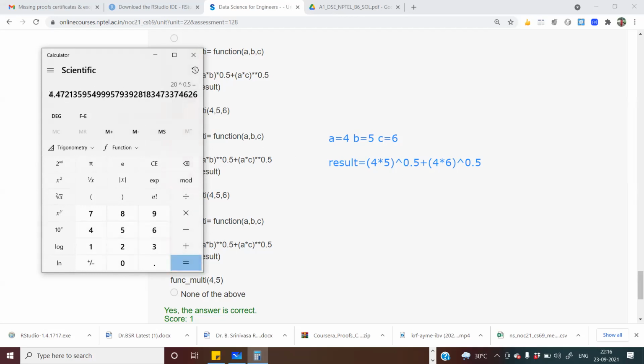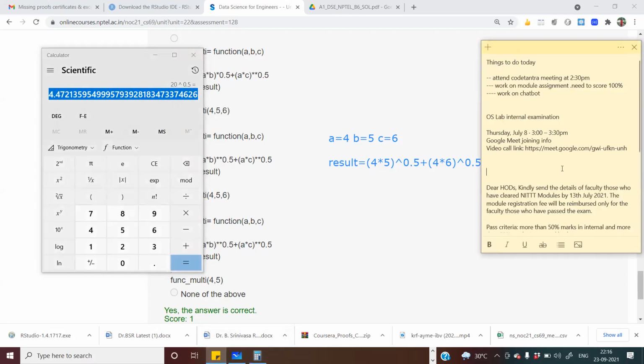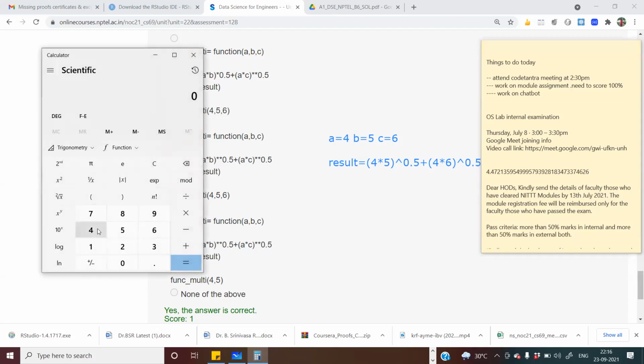Let's write this result and store it, because I need it later. Okay, that's clear. Next, 4 into 6 is 24. 24 to the power 0.5.